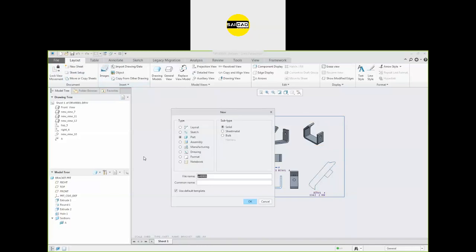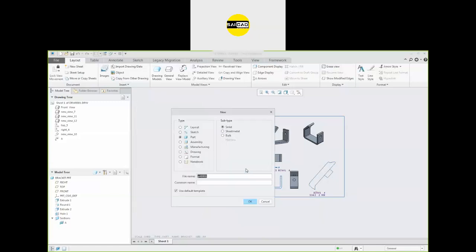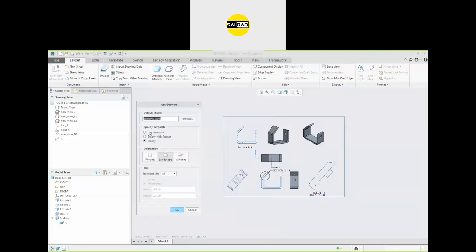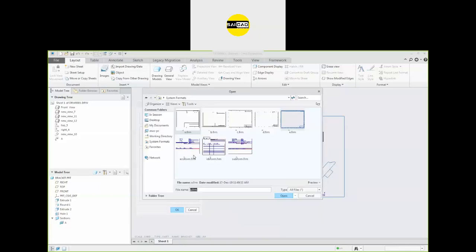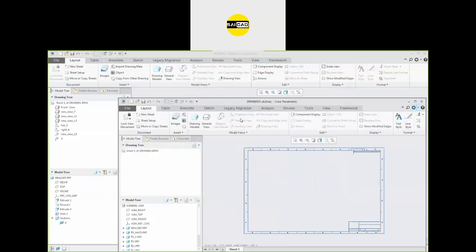I'm going to create a sheet with a template with some size from here. With format, I need the format. We only have some standard A, B, C like that, so I'm going to use the D. Open. So click OK, and we have the file here.